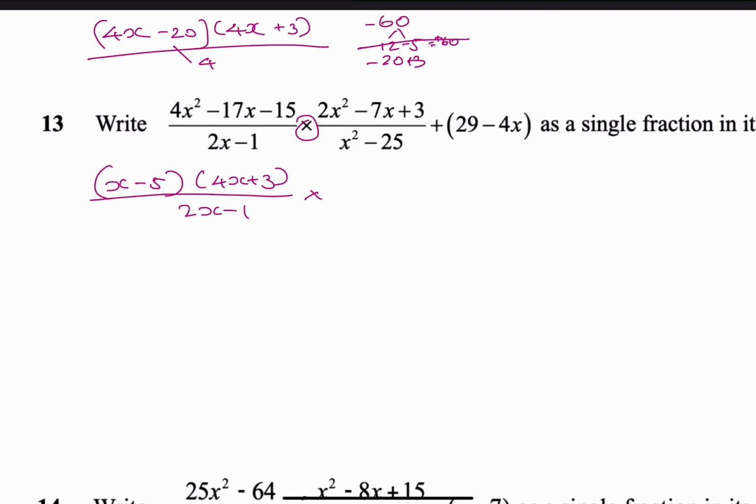2 times 3 is 6. Factors of 6 that make 7: 1 and 6. You want minus. 2x minus 6, 2x minus 1, I think, isn't it? Divided by 2, we'll divide here. What is it? x minus 3